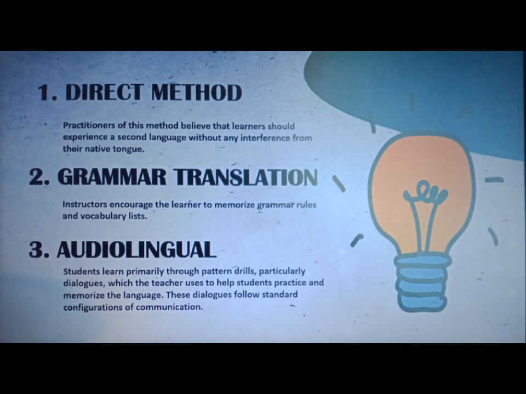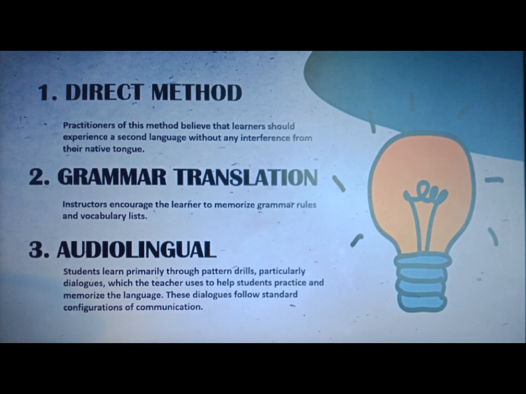The second one is grammar translation. Instructors encourage the learner to memorize grammar rules and vocabulary lists. The rules are memorized, like how to use "there" and others. There are more of that, for example, "is" and "are", how to use them. Grammar drills are common, for example, in assessments that have choices like what linking verbs you should use in a